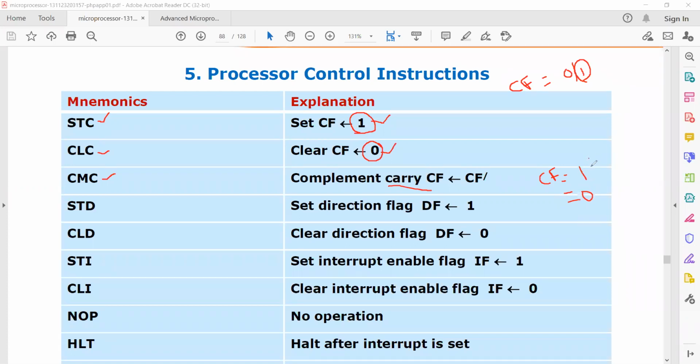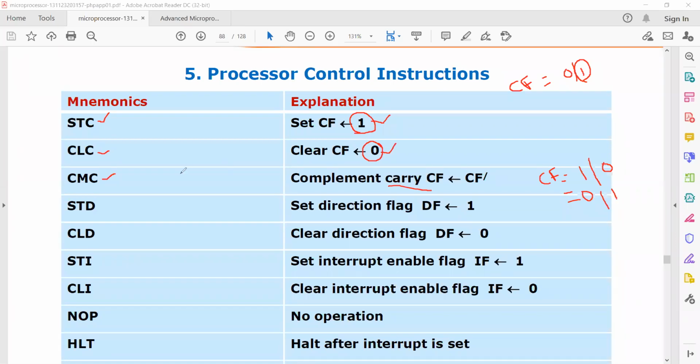In the other case, if the value is 0 before the CMC instruction, then after CMC it will be complemented to 1. Just the value of the carry flag will get complemented, whatever it is.